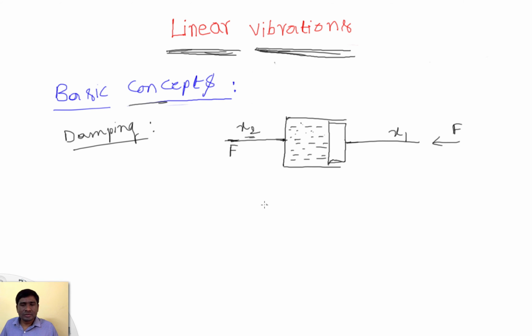So what is the energy? Force into distance. So the energy given to the piston is F into x1, which equals the energy that came out of the cylinder, that is F into x2, plus a certain amount of energy lost due to the viscosity in the liquid, that is E loss. And from this equation this is always positive. So when this is positive and F is the same, we can derive that x2 is less than x1.